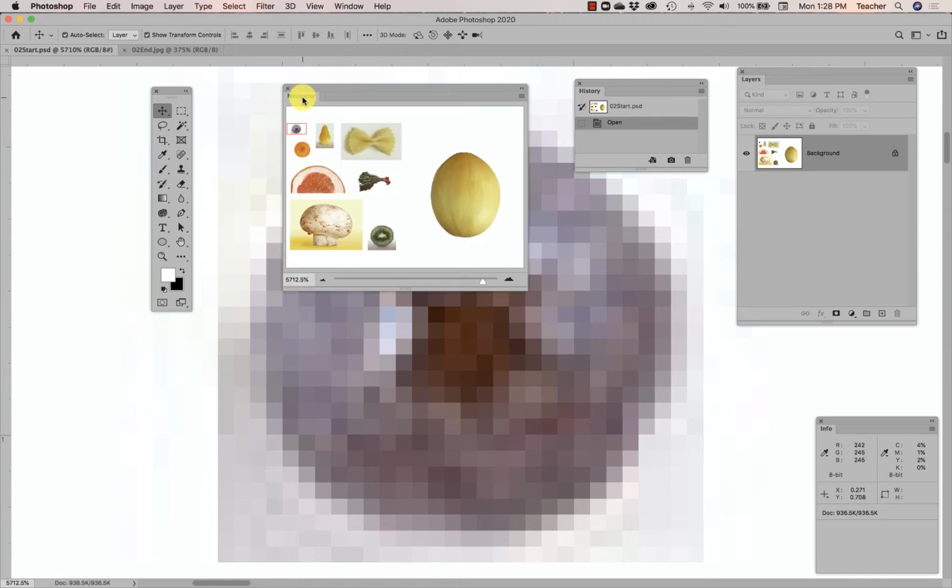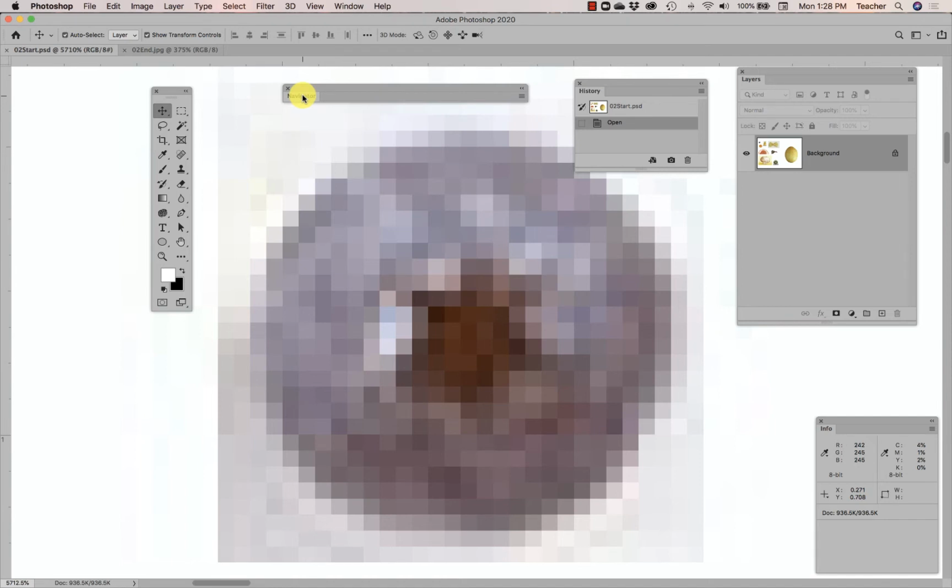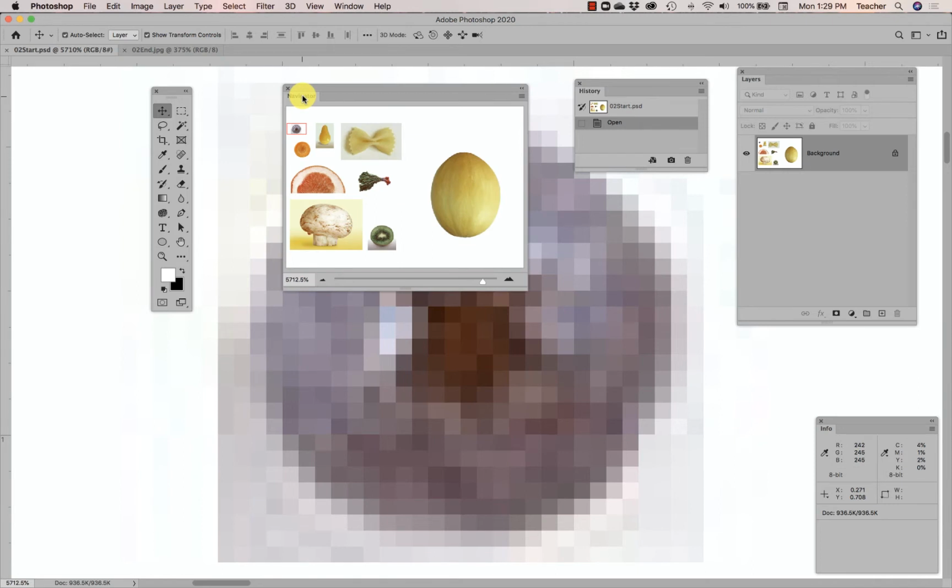You can also double-click on any tab in any panel in Adobe software, which will shrink your panel to a tab instead of just a tiny little icon. So double-click, double-click, double-click, right? You get the idea. Anyhow, I'm showing you this navigator up larger so that you can see within my navigator